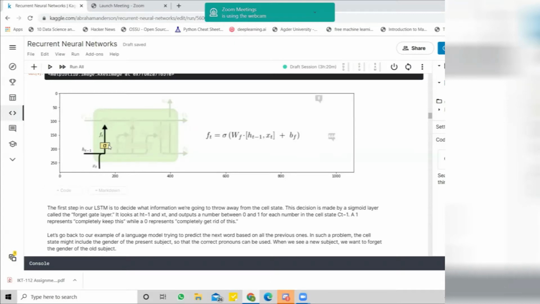We can say that this is a gate. Each of these functions acts as a gatekeeper to enable a word to go to the next layer or not.